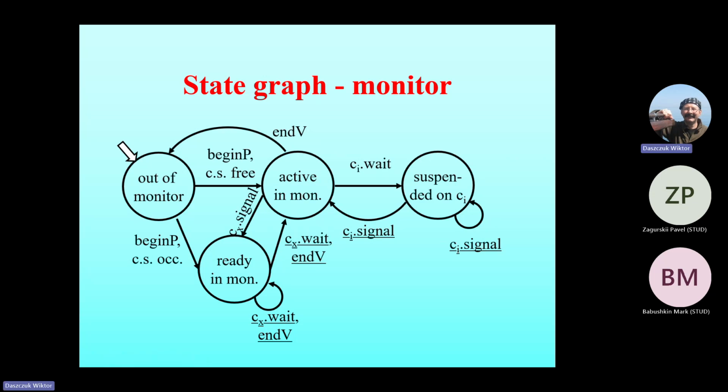When a process is active and it resumes another process, this signal was executed by another process. This signal is executed by our process. It signals some other process. So this process comes